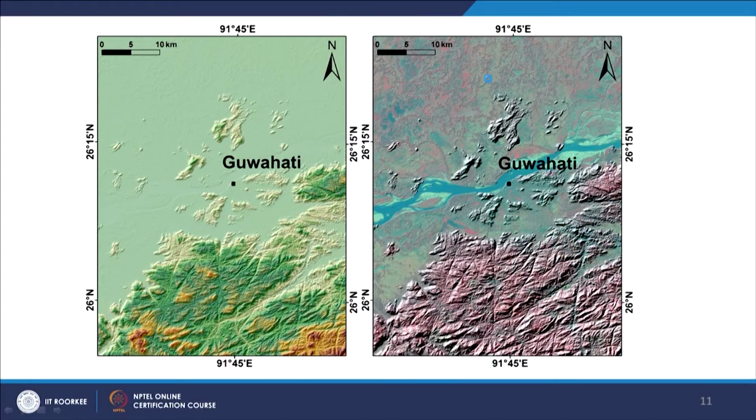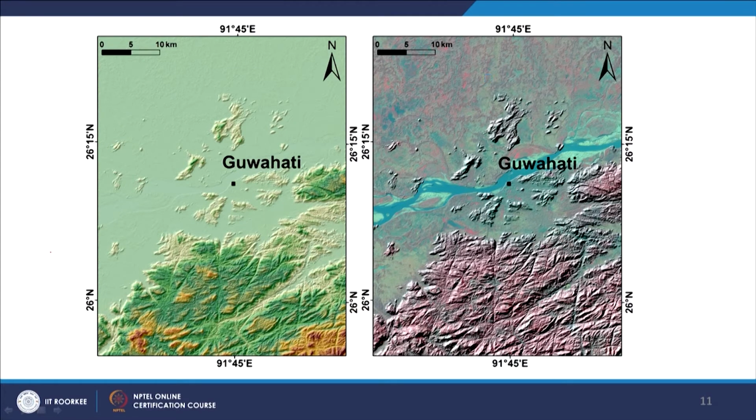Similarly, once you have integrated one thing or another, you can integrate with other data sets also. It is not necessary that you would be integrating a DEM only with a satellite image. You can integrate one DEM with several satellite images, even for change detection. This example is here, showing how these things have changed in time.